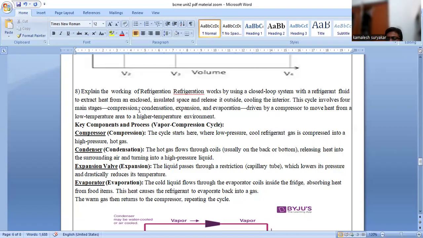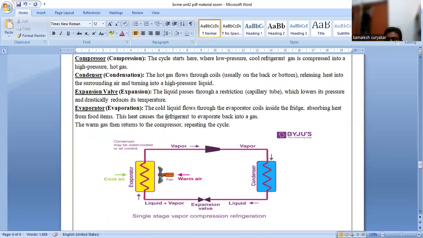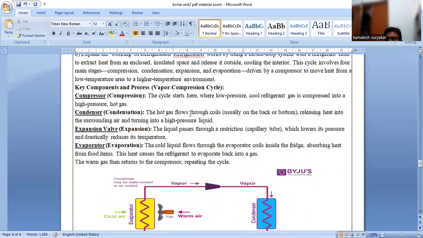In the room, from the outside, air is compressed and taken, and after that, air is passed through the condensation process. Condensation process is nothing but this refrigeration process. Here you can see my condensation is the hot gases flow through the coil. So hot gas is flowing through the coils, releasing heat into the surrounding area,